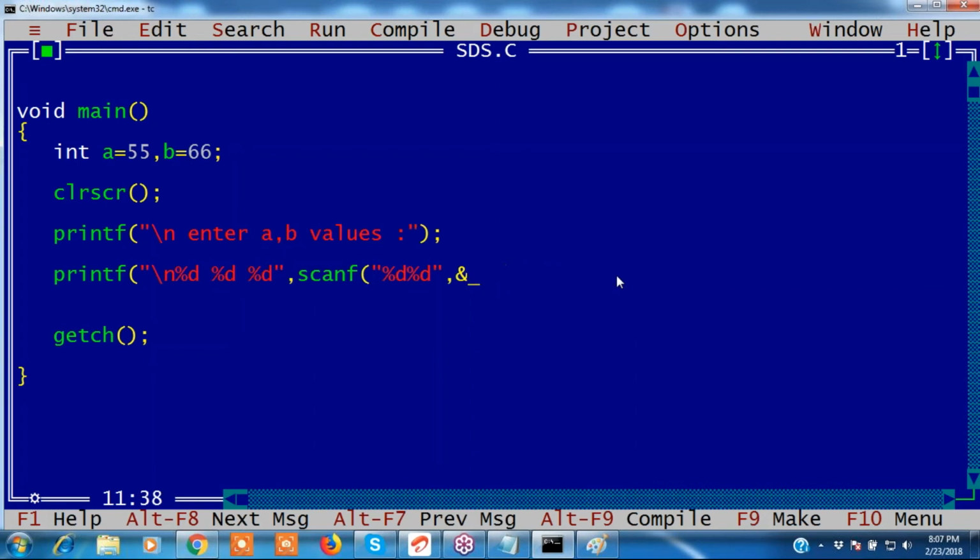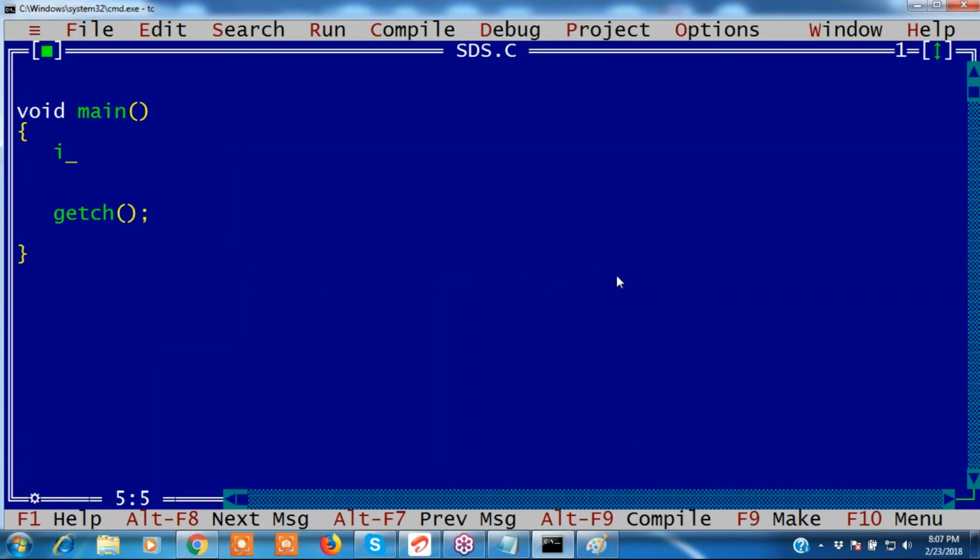Okay, now what is %5d? What is %5d? I will discuss it now. See guys, what is meant by %5d? Now I am writing, I want to print a 5-digit number. How to print a 5-digit number? %d. Now I want to print 12345.